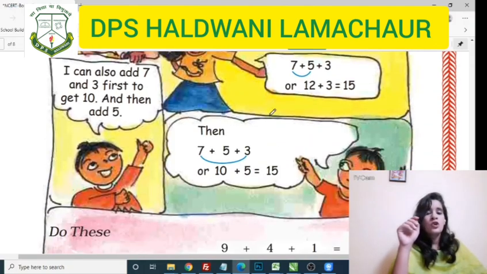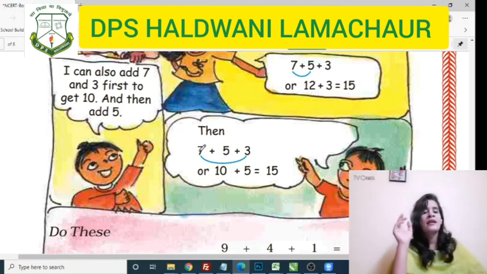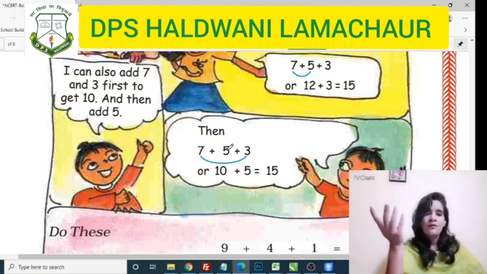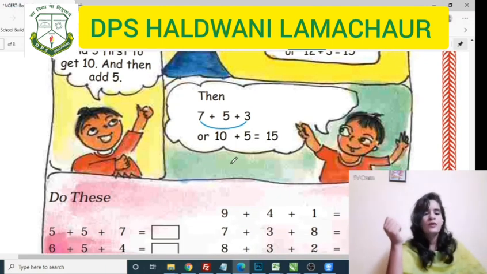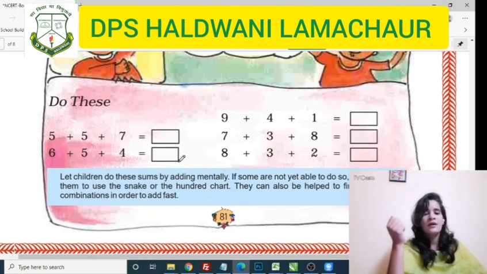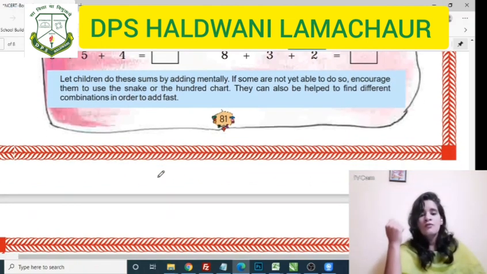Okay. So I can also add 7 and 3 first to get 10. You can add any 2 numbers. It's up to you. You can add either 7 plus 3 or 7 plus 5. Okay. So here are some numbers which we will do. 2 I will do, and the rest of the questions students will do themselves, so that I'll come to know that you have learned. So first,